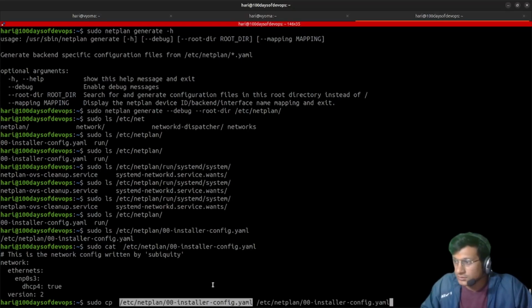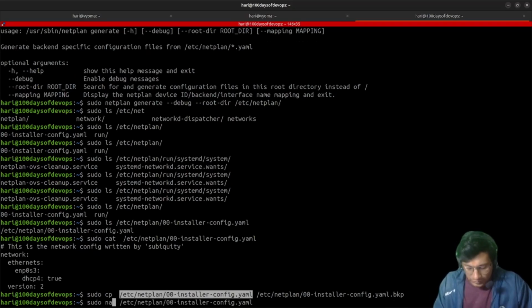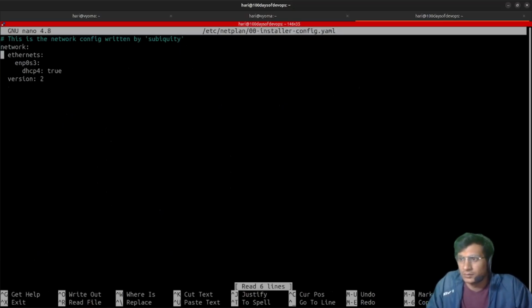I hope you all can see this. I'll be just creating a copy, just create a backup. This backup file, and nano, yeah, ethernets version. Okay, DHCP, I'll be setting it no. Then again